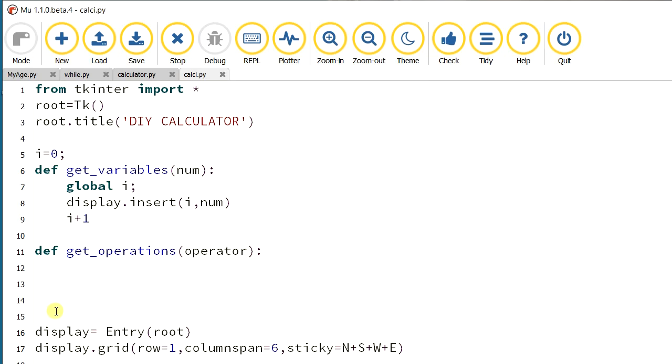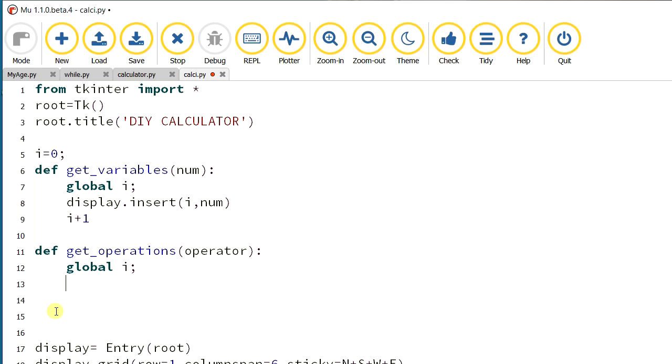Next, here also we call the global i, and we have to insert the value of the operator in the display line. One more thing, we are going to store the value of i in the variable length. So we are keeping track of operators in another variable, length.